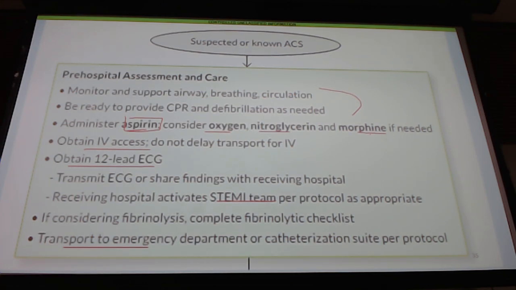So they would give the aspirin, maybe oxygen plus or minus, maybe nitro plus or minus. They do have nitro, and plus or minus morphine, which they probably don't have in their rapid response cart. If they needed it, they would get it from a pharmacy, so that's going to take some time. It's going to delay transport and everything like that. So maybe not something that Jennifer Marino would do, but maybe your ambulance would have the capabilities of doing this. So this is the pre-hospital setting.